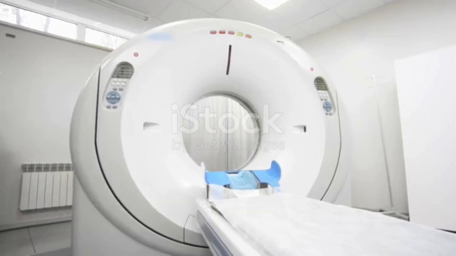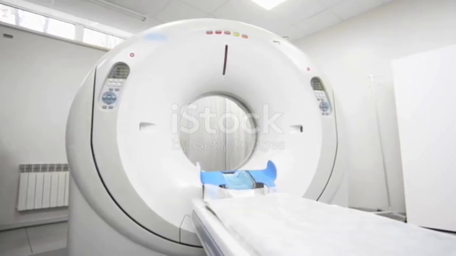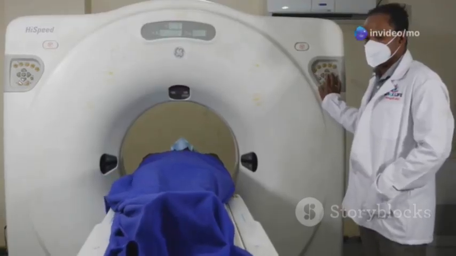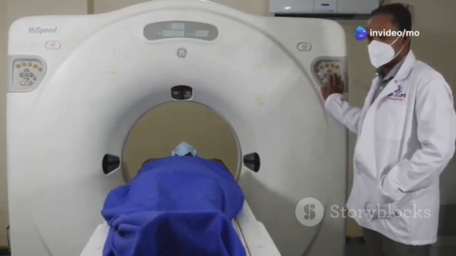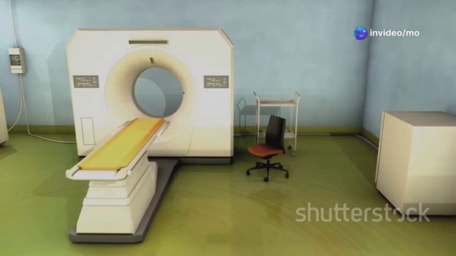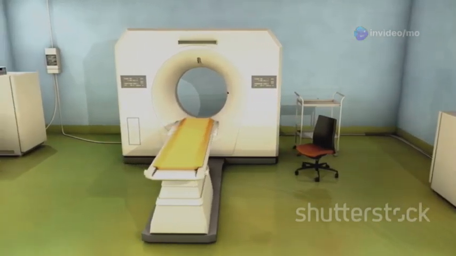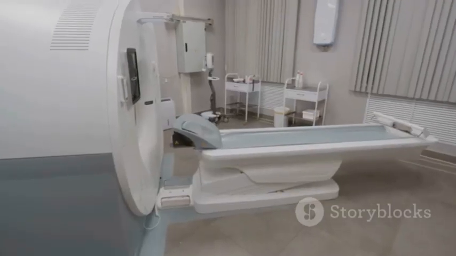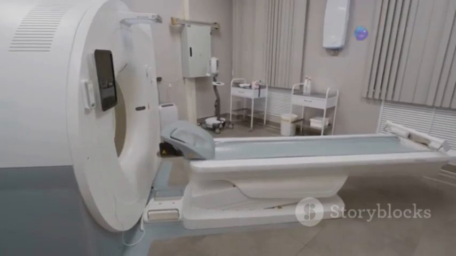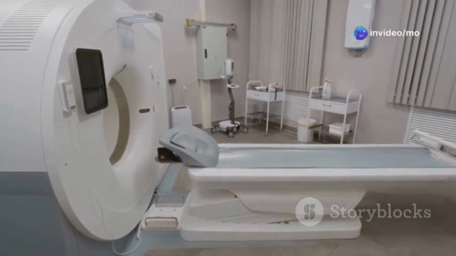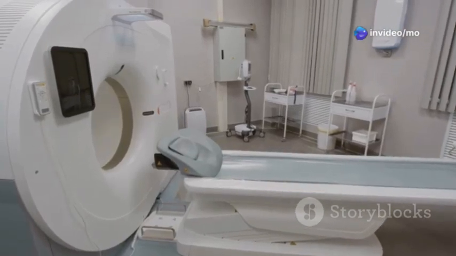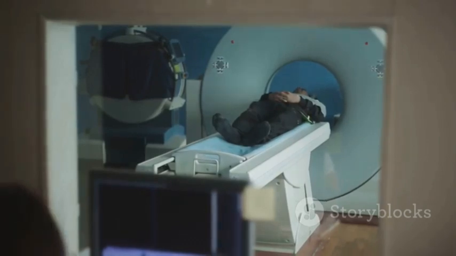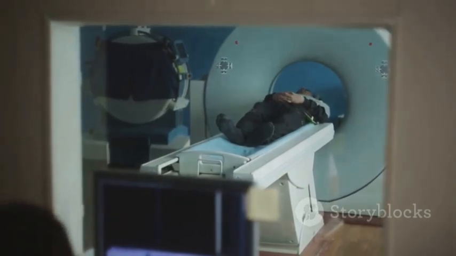Before the advent of helical CT scanners, sequential CT scanners were the mainstay of medical imaging. As the name suggests, sequential CT scanners capture images one slice at a time. The X-ray tube and detectors would move incrementally, stopping to acquire an image before moving on to the next position. While sequential CT scanners were groundbreaking in their time, their scan times were significantly longer compared to helical CT. This was because the table had to pause for each slice to be acquired, limiting their use in certain clinical